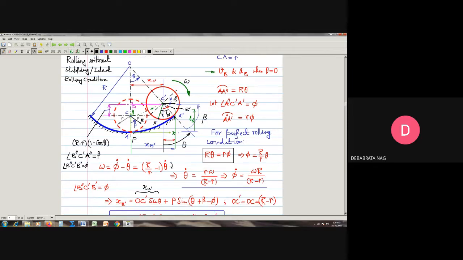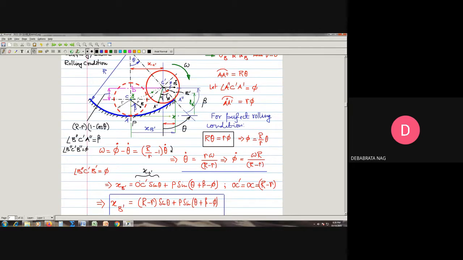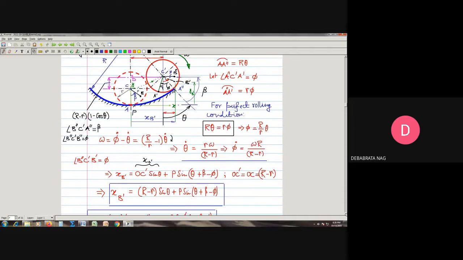So ultimately we see that xb dash is equal to OC dash sine of theta plus rho into sine of theta plus beta minus phi. And remember that OC dash is basically equal to OC, and it is equal to capital R minus small r. So if I substitute it into the final expression, what I find from here is that xb dash becomes